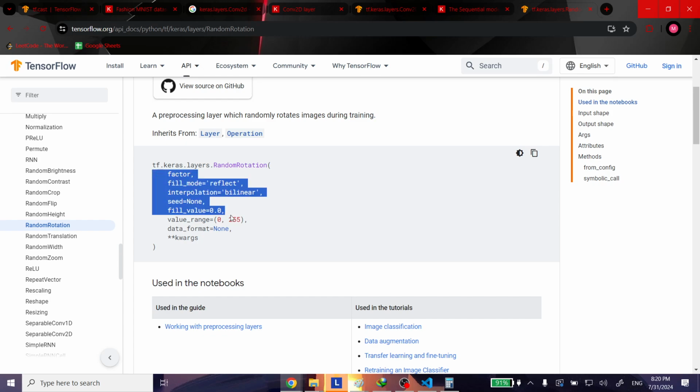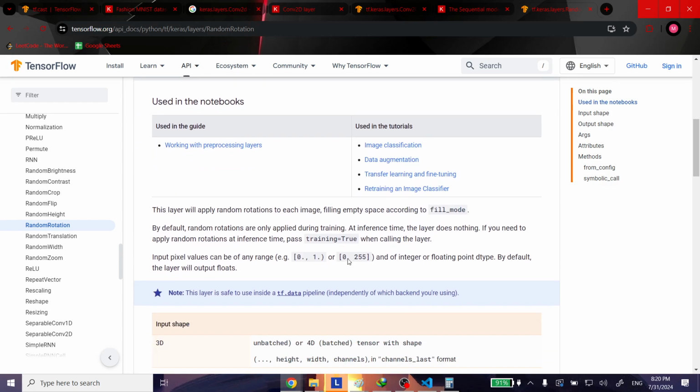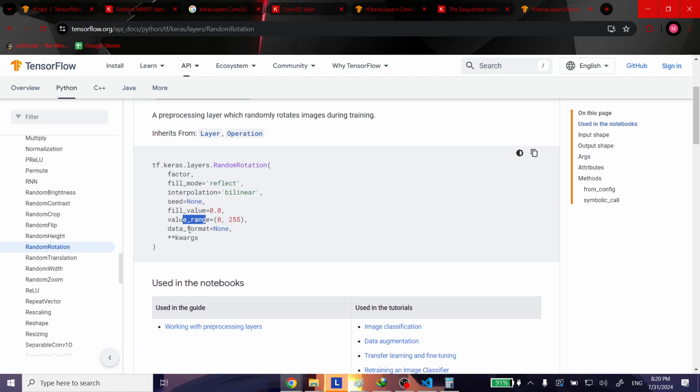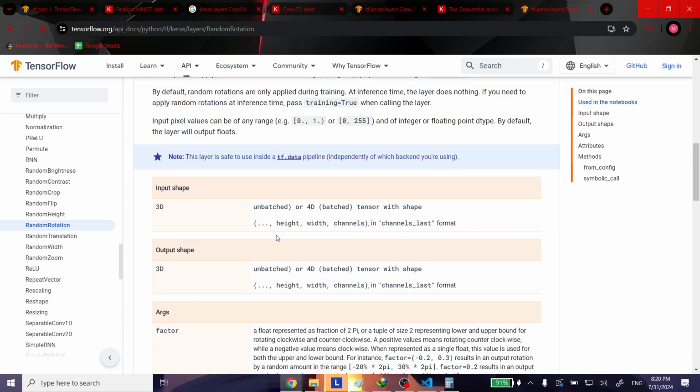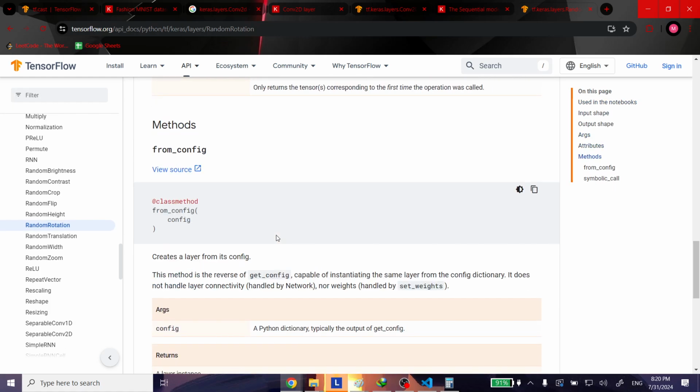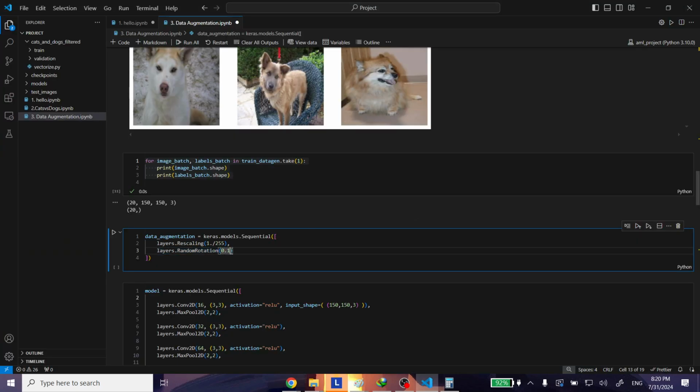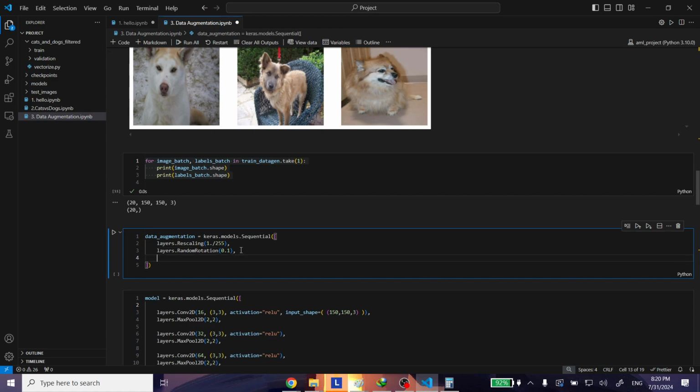You have different parameters which you can play with. You can have values from 0 to 255. Over here, if I remember correctly, this is some other value range. If I remember correctly, 0.1 refers to 0.1 radians. And if you convert 0.1 radians, this will become a rotation of around 40 degrees. So you can do that, and then you can say layers dot random